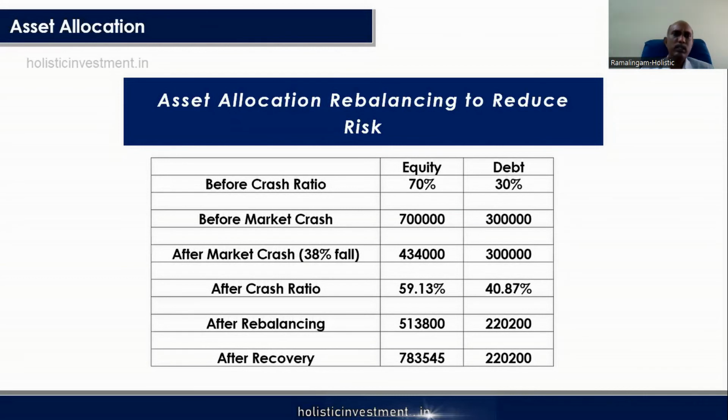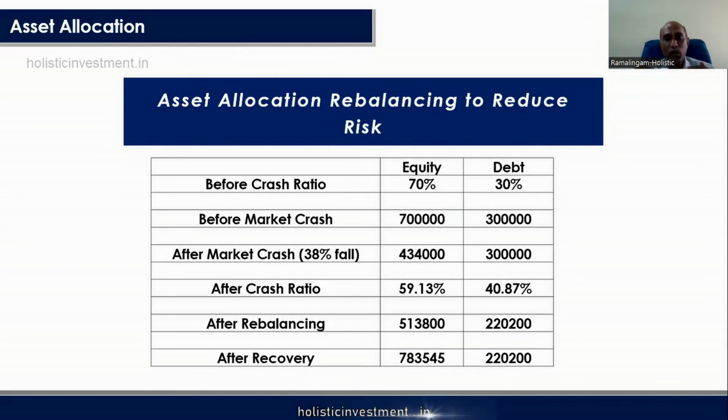Then another important tool is allocation rebalancing to reduce the risk. Again, we will be seeing this in the subsequent episodes in detail. Don't invest all the money in one particular asset class, divide it. If someone would have come to me with 10 lakhs in 2019, if they are an aggressive investor, I could have told them to invest 70% in equity and 30% in fixed income. That 70% is staggered for 1 year and invested. They could have invested 7 lakhs in equity by end of 2019. In 2020, market crashed. Because of that, 7 lakhs could have become 4.34 lakhs. That could have remained as 3 lakhs, or it could have appreciated relatively to 3 lakhs 15,000.